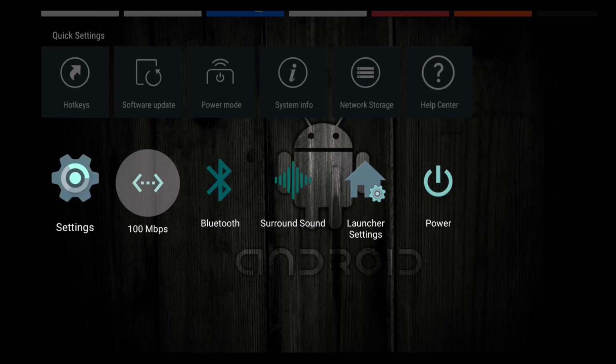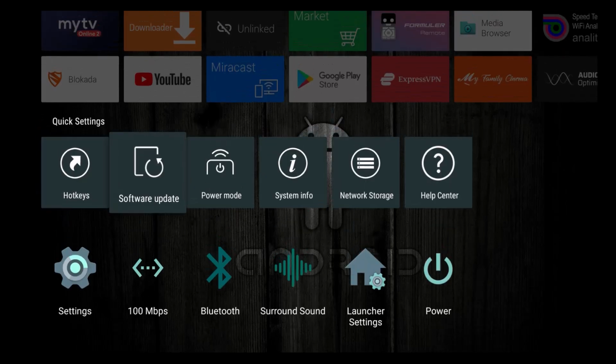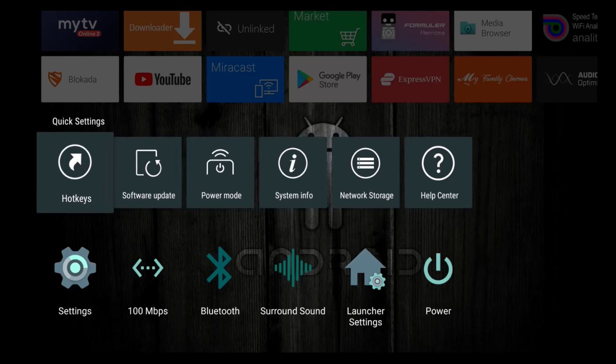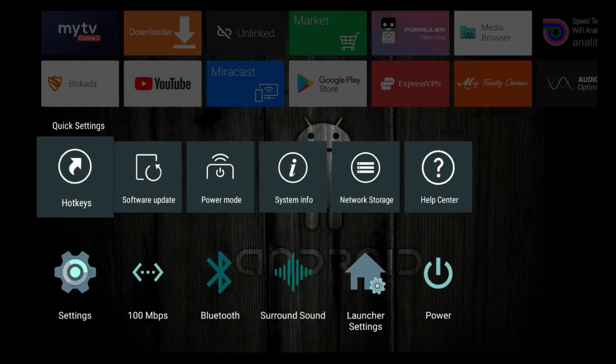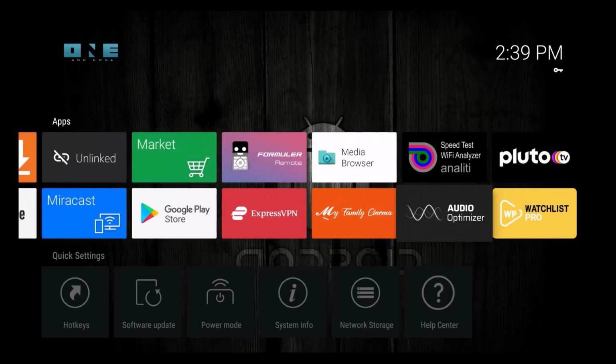I'm down into settings. There's launcher settings. I got Bluetooth. If I want to set up another network storage, I can do that. System info. These are quick settings, hotkeys. Here are my apps. All of my apps are right here, because if you do some research and I think